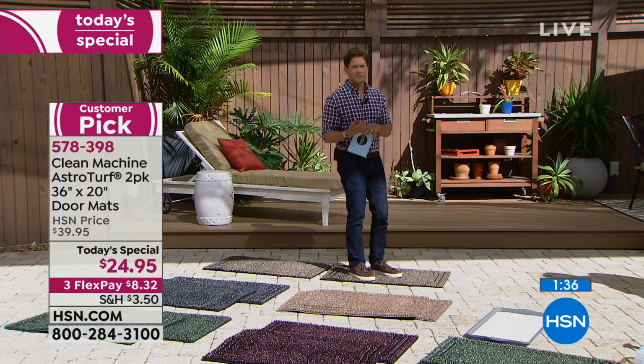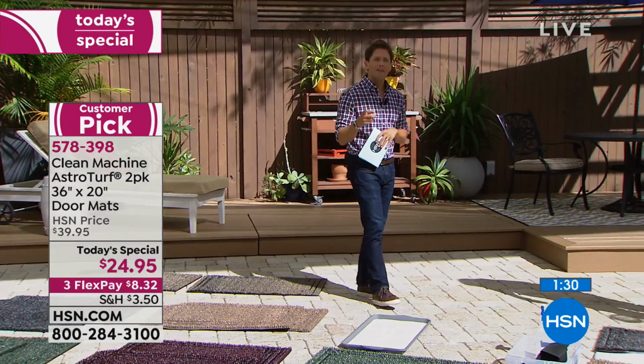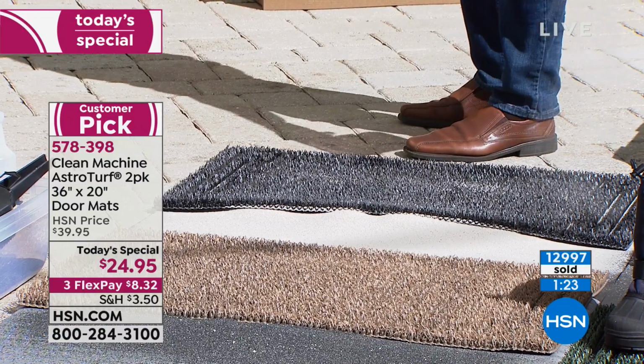It's a larger mat. It is a made in America mat. Every single one of these is made right here in America. And they even give you a 1-year warranty. I mean, seriously, we are about to cross 13,000